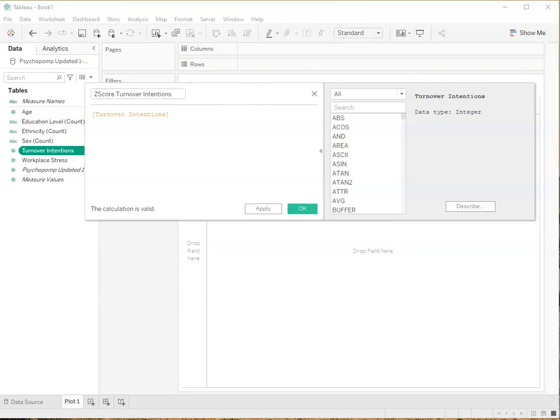To do this, and I had to look it up because this is the first time that I have used syntax in Tableau, I did look up this formula, and I just wanted to make sure that I had all the parentheses correct and everything. So here we go. It's the turnover intentions value minus, I'm going to put spaces for, no, I won't put spaces. Let's see. Nope, didn't need that. Turnover intentions. Nope, that's not right. There we go. Turnover intentions minus